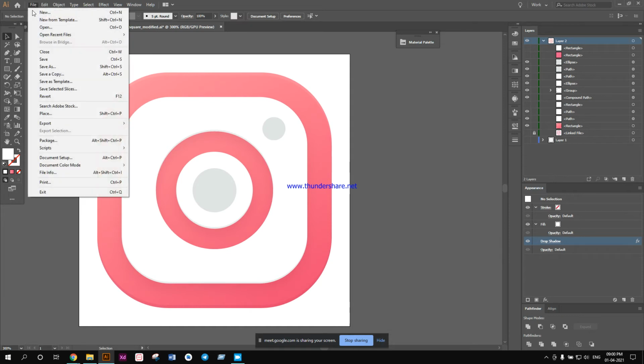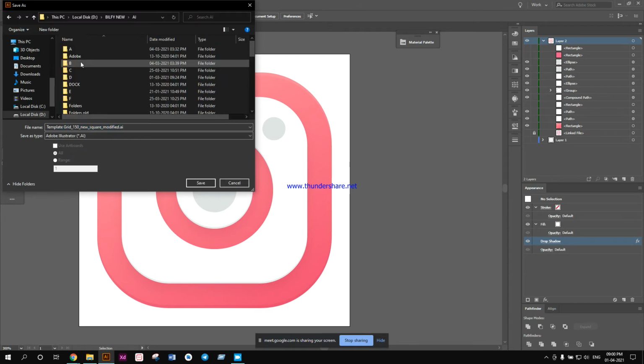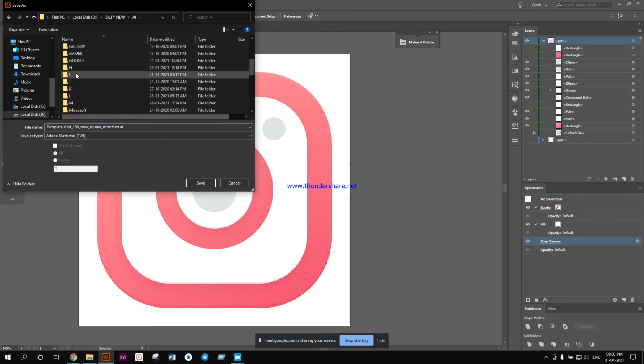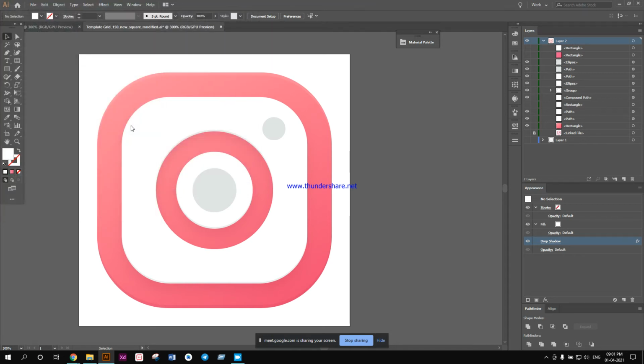Okay, I'm just going to save it as of now. I'm going to save it inside my AI folder where all the resources are actually kept. Come down to the AI folder where all the apps with the name AI are saved, and the name of the icon should be over here starting with small letters, standard. Okay, I'm going to save it over here. I may make modifications to the icon because I'm not entirely happy with the design right now, but I'm just going to make it a little smaller. Okay, this is good now. I'm going to save again since I made changes.